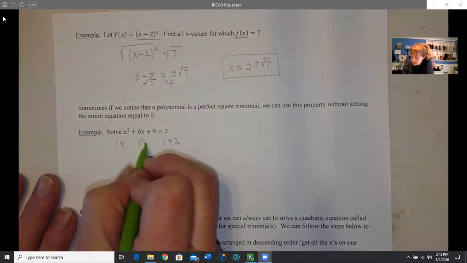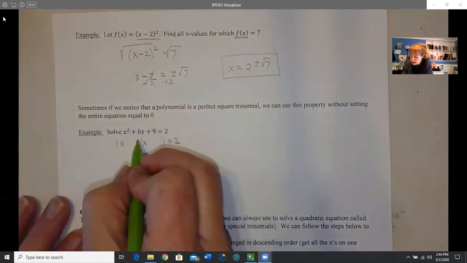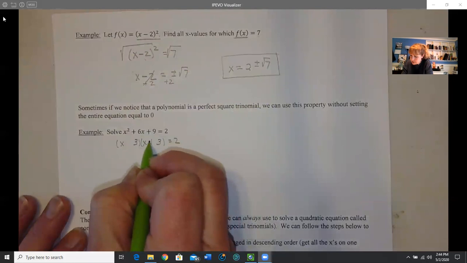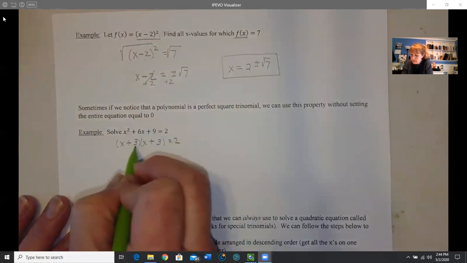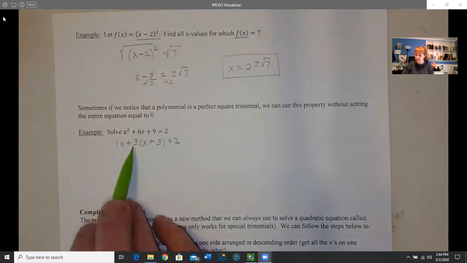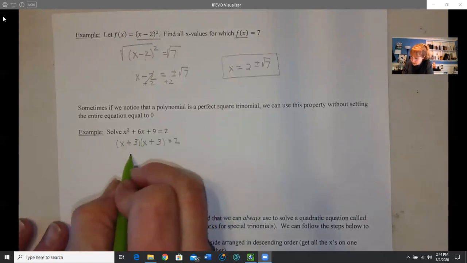X times x, using our FOIL method, gives you x squared. Now, being a perfect square trinomial, it means that I have to have exactly the same in each of these, including the signs. Positive because I wanted a positive 6 when I added them together. 3 times 3 is 9. 3x and 3x is 6x. All right. And so now I can rewrite this